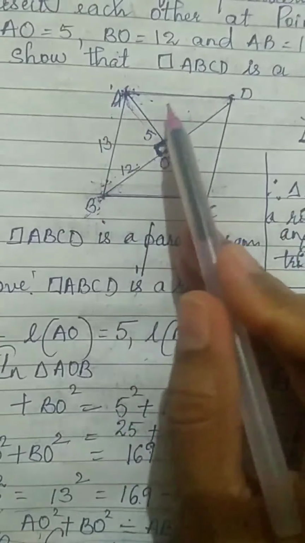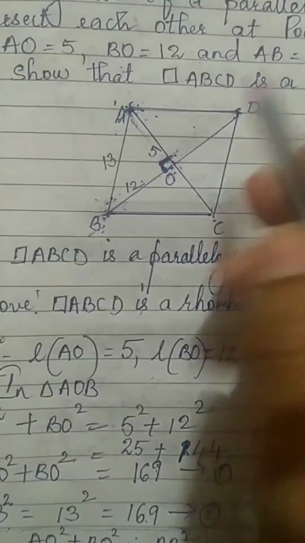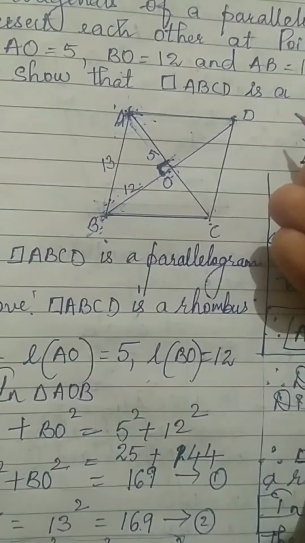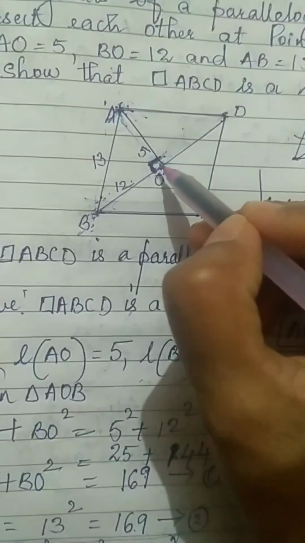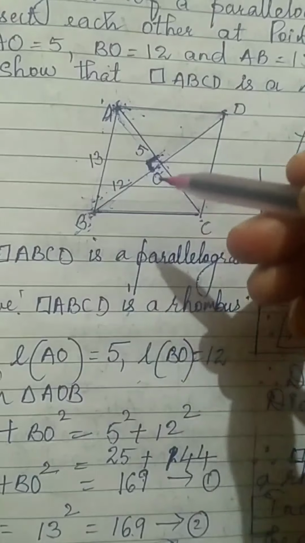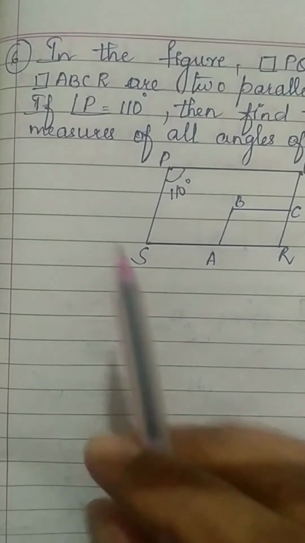A parallelogram, we are proving it to be a rhombus by taking the converse of Pythagoras theorem test. Now here, when the perpendicular is given and you are taking hypotenuse square is equal to one side square plus other side square, it is by Pythagoras theorem. Okay, now let's go on to the last sum.